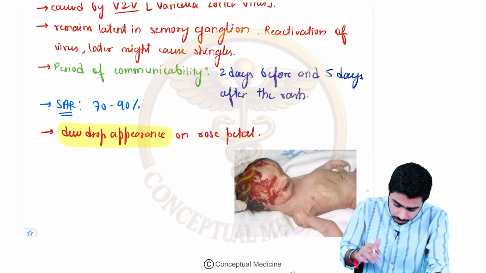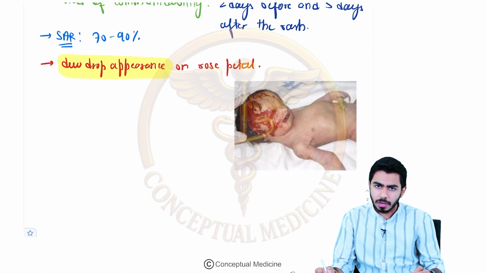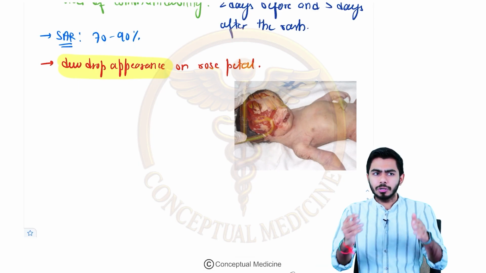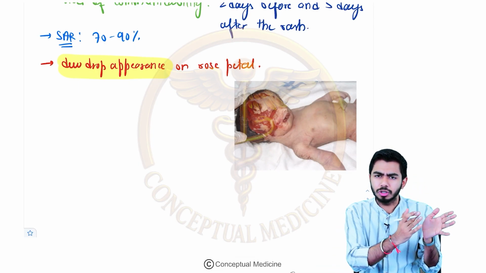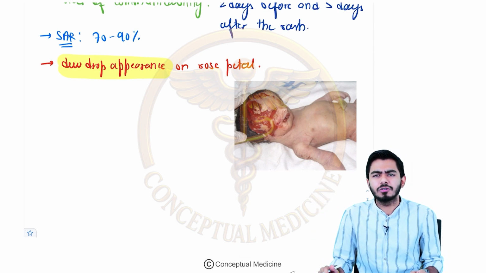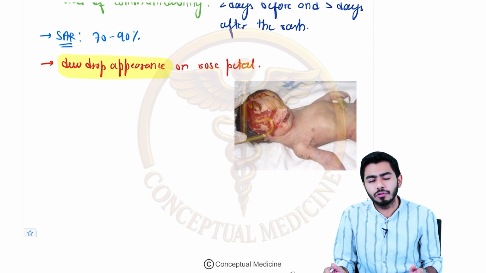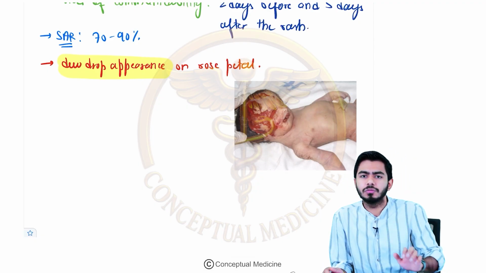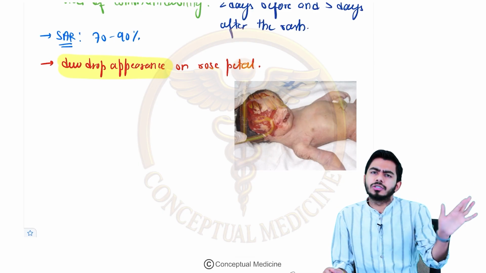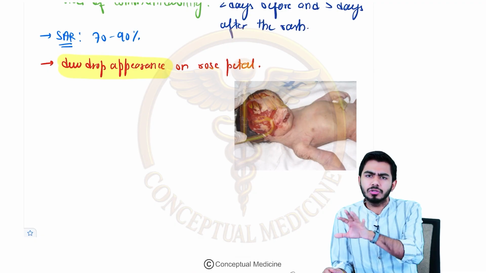The next point: I told you that a pleomorphism kind of pattern is appreciated in chickenpox. First the virus forms different kinds of rashes, and later there is the pustule stage, and then the pustules convert into scabs, right? Scab formation will be seen. Now, all of the rashes are infective. But the scabs, which are the later stage,